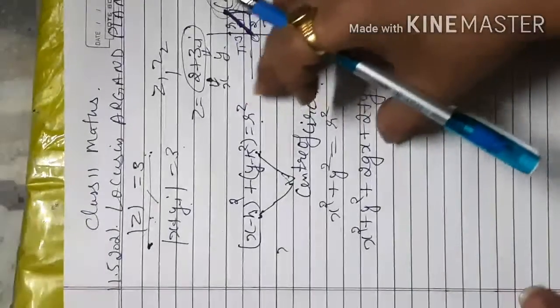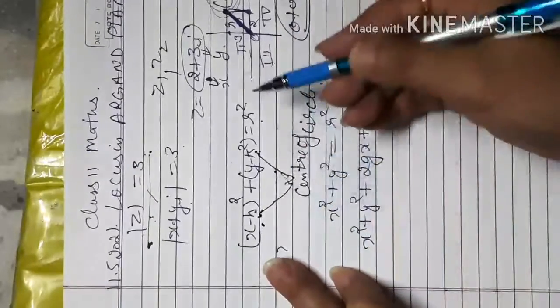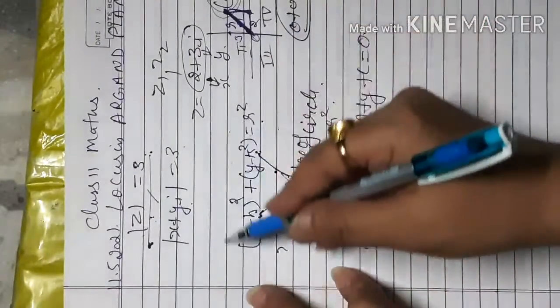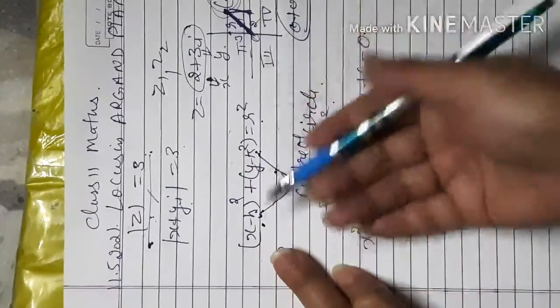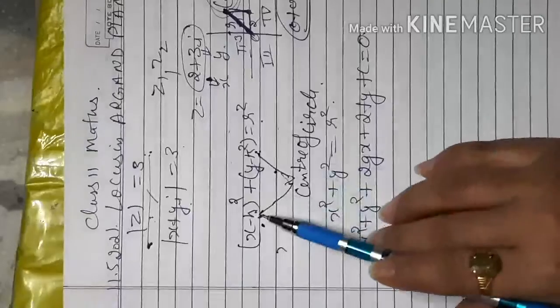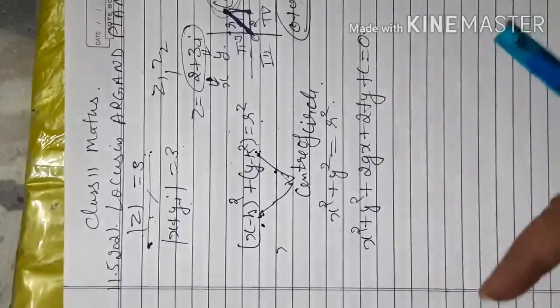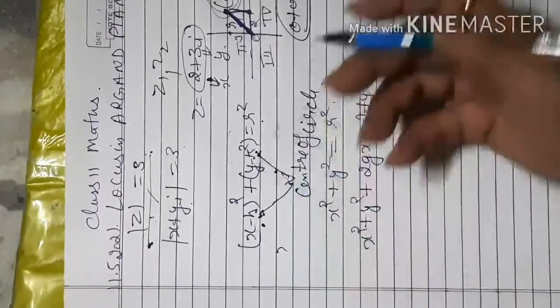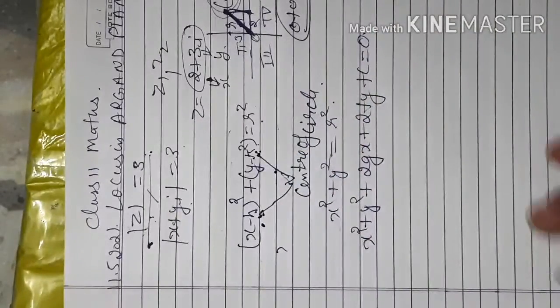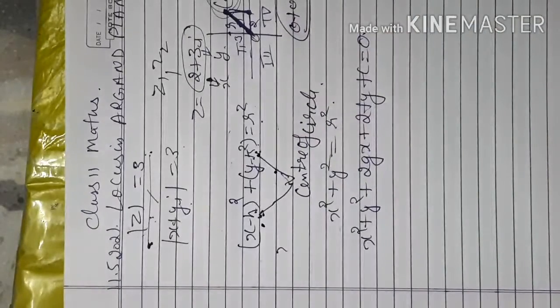So there are two types of equation. One equation is written in this form. If you look at this, if I take the square root, it will be the same as my modulus, the modulus of the complex number. If h, k is there, meaning another center is there, there will be two complex numbers, like h, k is z1 and x, y is z2. So you have to find the distance between these two complex numbers, represented by r in that case.